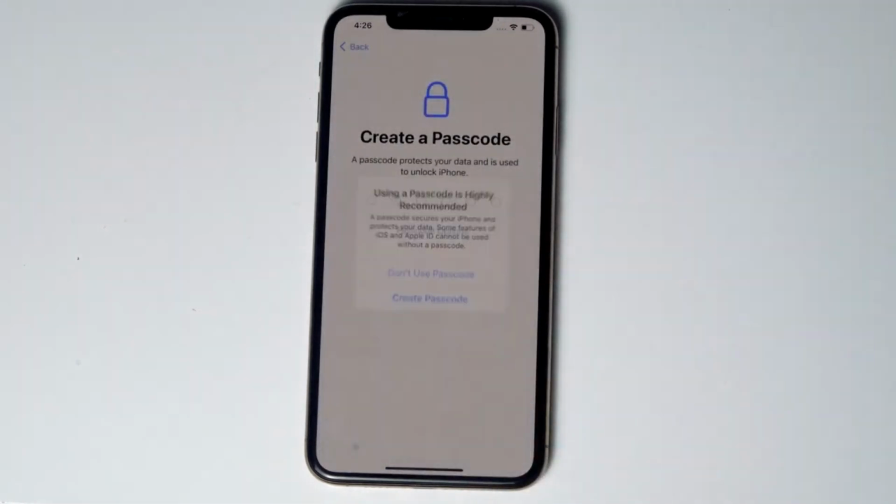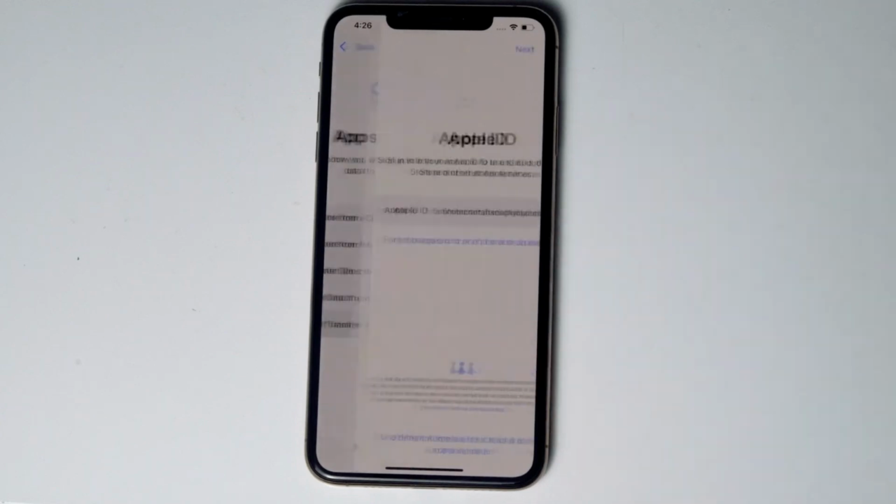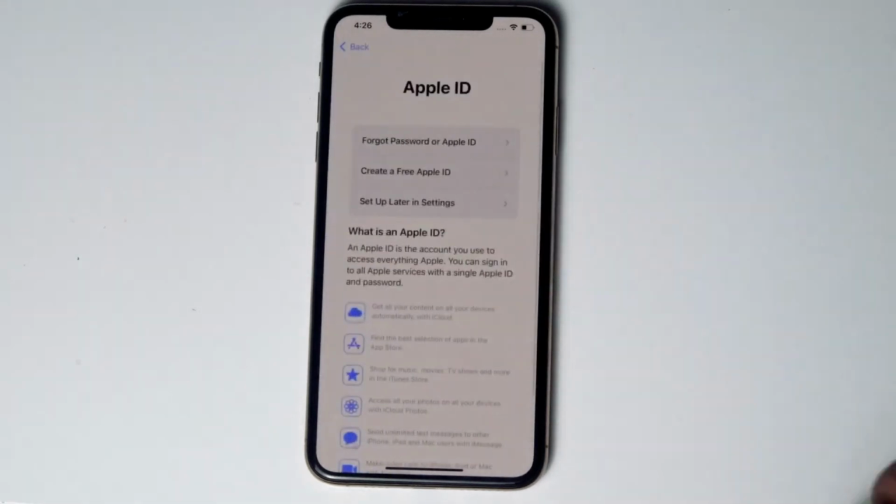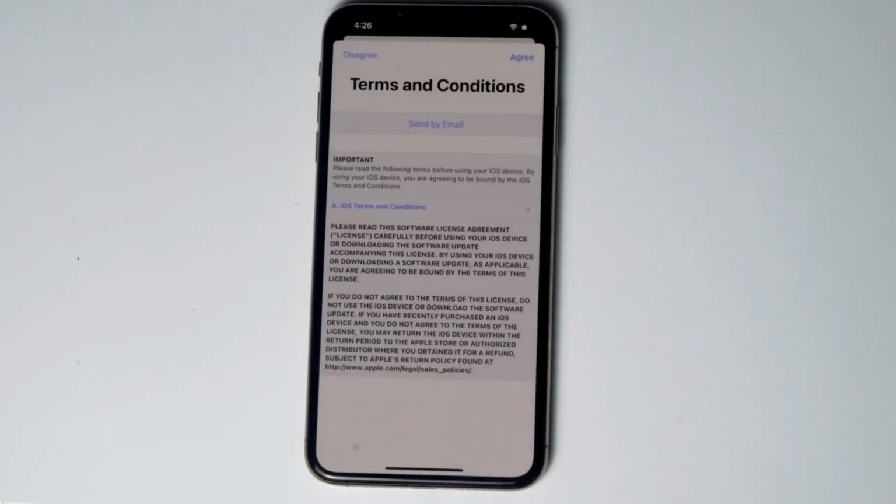Let's keep this phone aside and set up the iPhone. Connect to the Wi-Fi. Give the respective Apple ID and password previously used on this iPhone. Go for Next. You can go for Restore if you have the backup, or else you can go for Don't